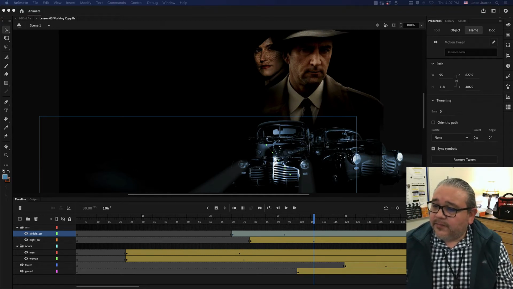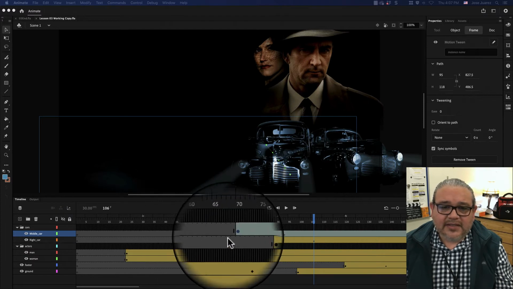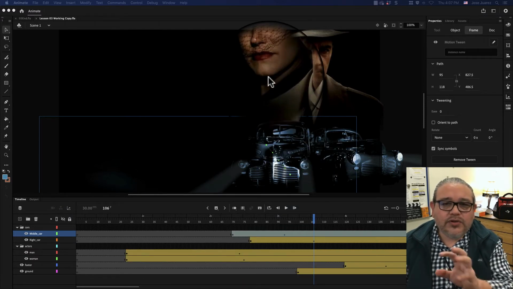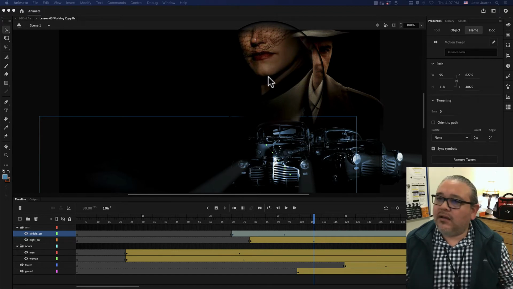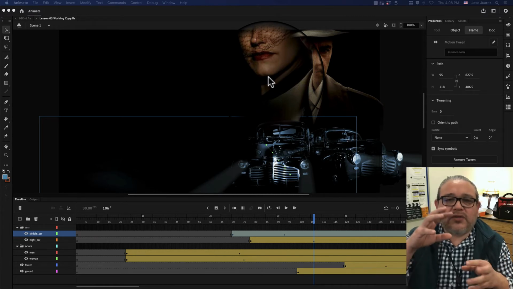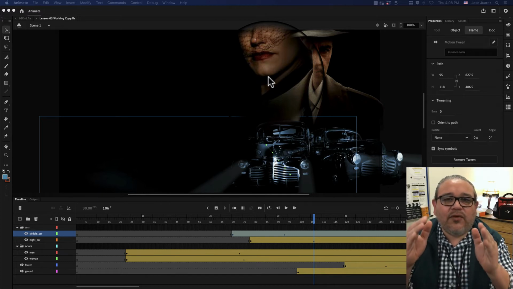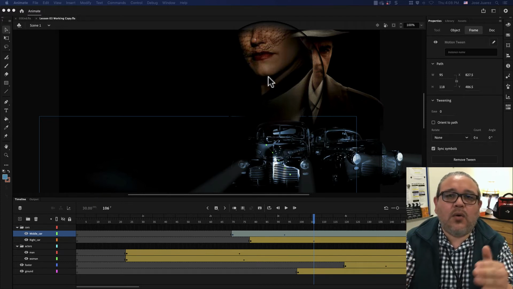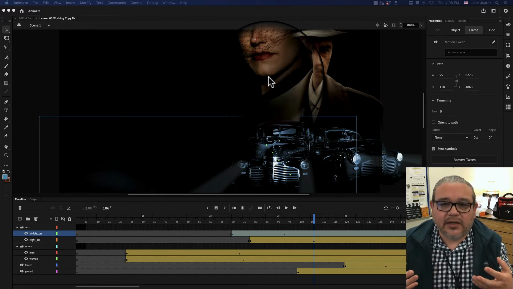So Animate also separates everything by layers. So we want to make sure everything is on layers, because we want motion to mirror real life. And in real life, we are all independent creatures. All of the things around us in nature are all independent. And the only way to really control every aspect of what you can control, we need every symbol on its own layer. All right. So when you're animating different things, it gives it a realistic look,